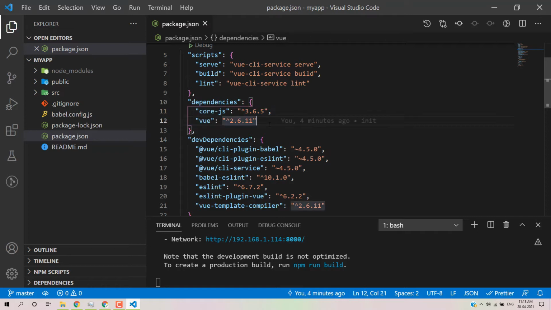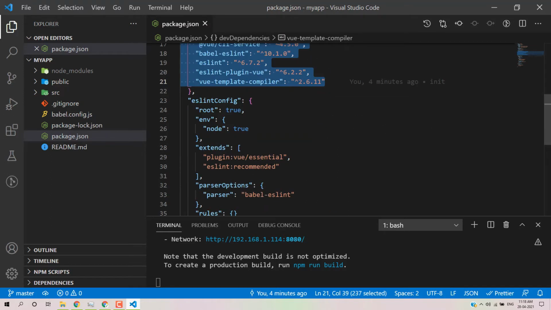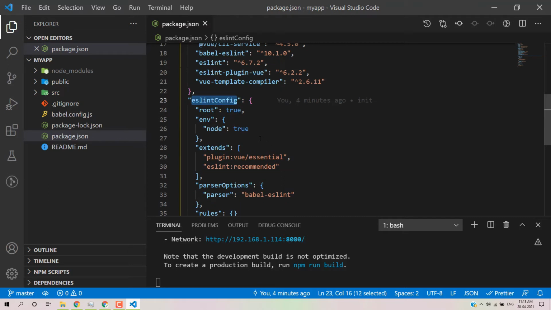Then we have the ESLint config. ESLint gives you best practices for writing your code. For example, do not use console.log, and if you are using console.log you need to comment it, and you can do that with the help of ESLint.